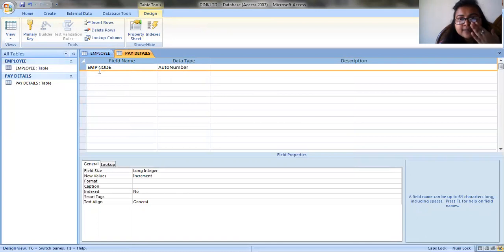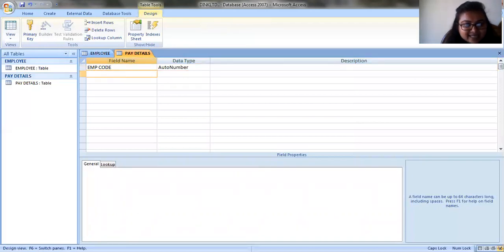Foreign key basically means the data need to be taken from the primary key, from the table where this particular thing has been the primary key. So from the employee table, they will find out their details. We need to create a relationship in order to put the details of employee code in the second table. We'll learn that. But before that, let's remove that primary key from that particular employee code.